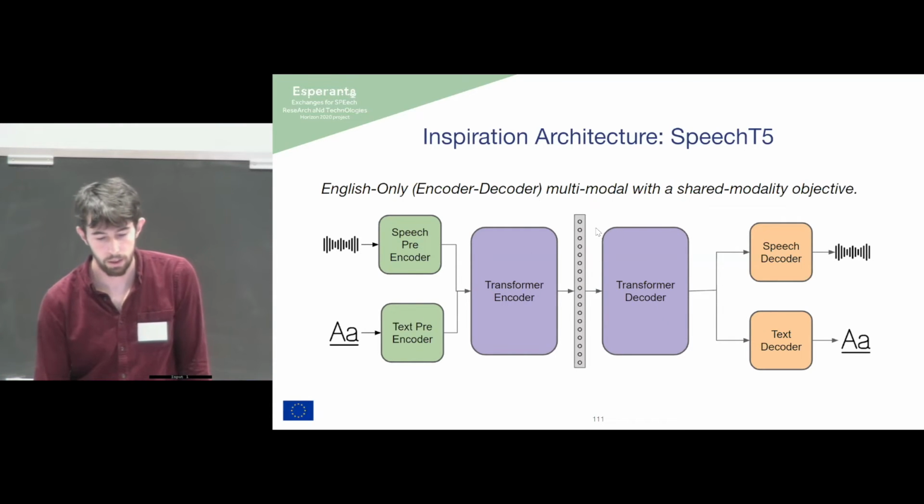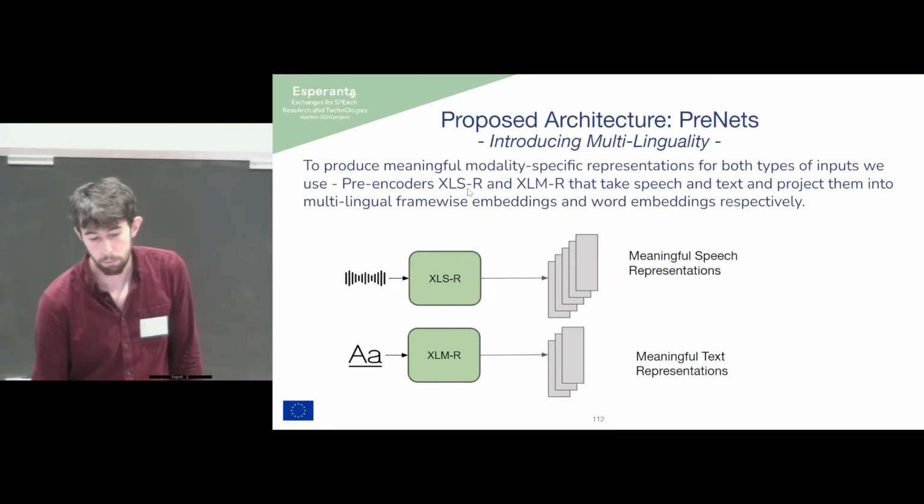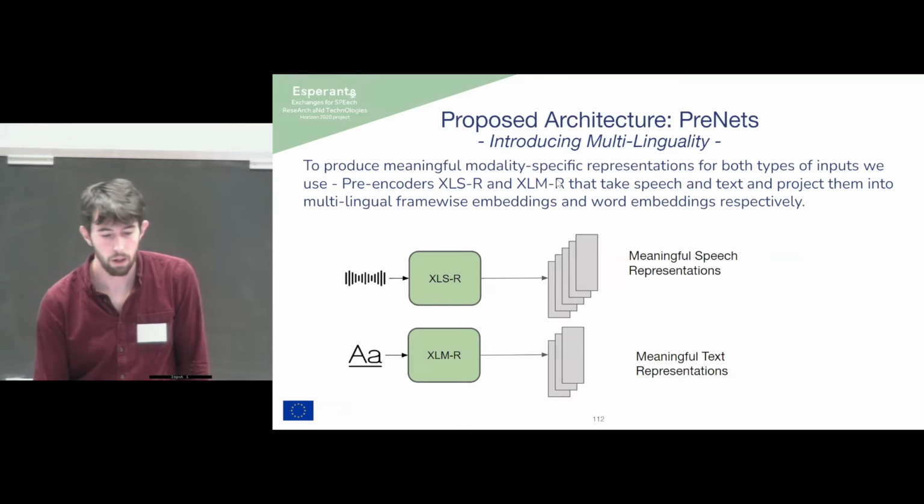The only difference between what we're envisioning and this is that they have English-only speech and text feature extraction. I've been through this already, so we don't need to stay on it for a long time, but we use XLSR and XLMR. SAMU XLSR is obviously already using XLSR, so it's similar to the main project in that. We use XLMR rather than LaBSE because although we have slightly fewer languages, we get informative sequence embeddings out the other end.